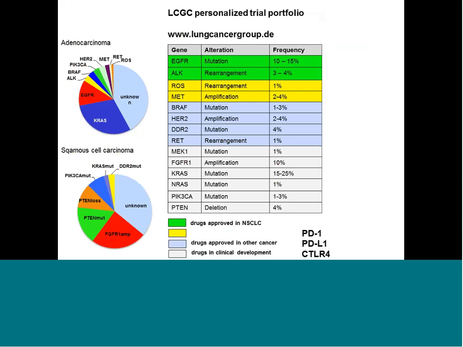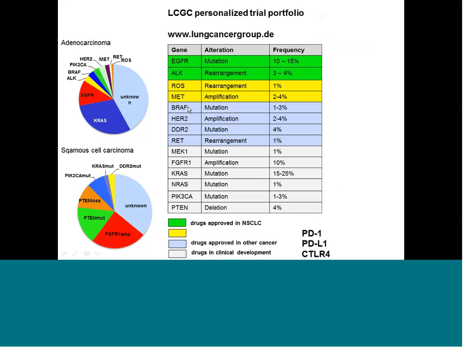So we have to classify, for the first diagnosis of every lung tumor that is not treated by surgery, all these lesions to answer the question: can we apply a drug that is approved? Can we apply drugs, the yellow ones, like ROS inhibitor, MET inhibitor, BRAF inhibitors, RET inhibitors? These are available by off-label treatments, so are approved in tumors other than lung. For example, BRAF lesions can be treated in melanoma.